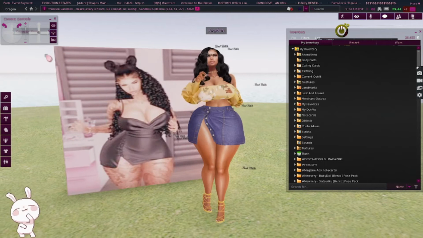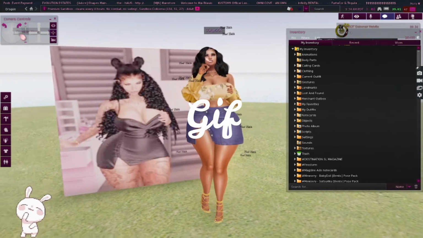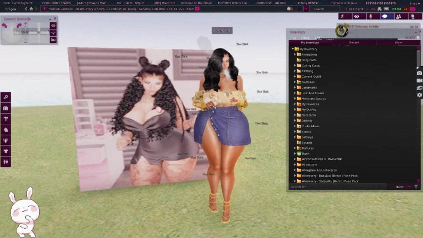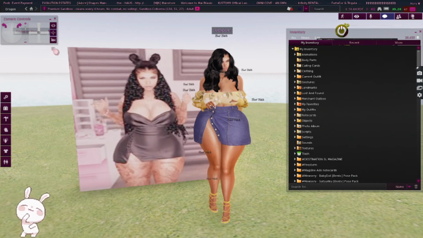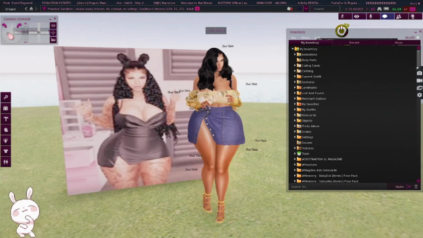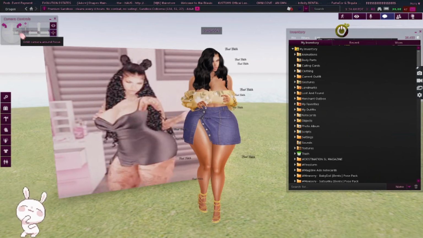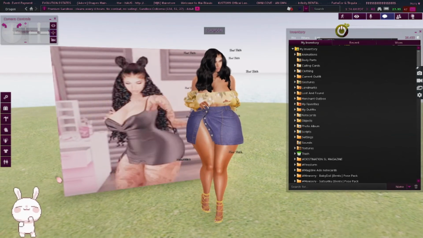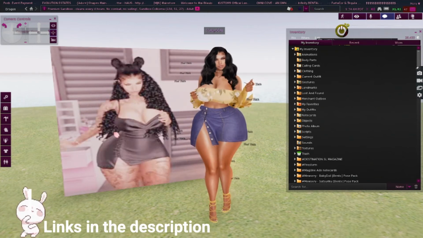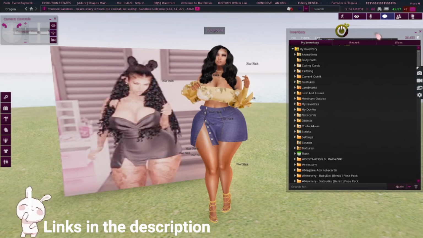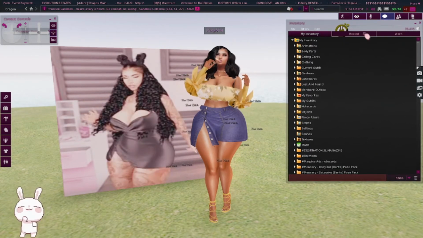Today I'm going to show you guys how to make a GIF and put it in SL. This is a GIF here that I made yesterday. I did it for an ad for one of my new shapes that I just made, and I wanted to do something different with the ad by adding a moving picture, because I've seen it and I'm like, man, that looks really cool. I would love to do that for myself. So I want to show you guys how to do it.